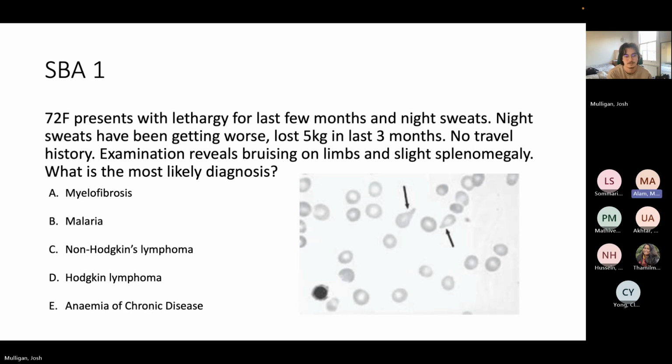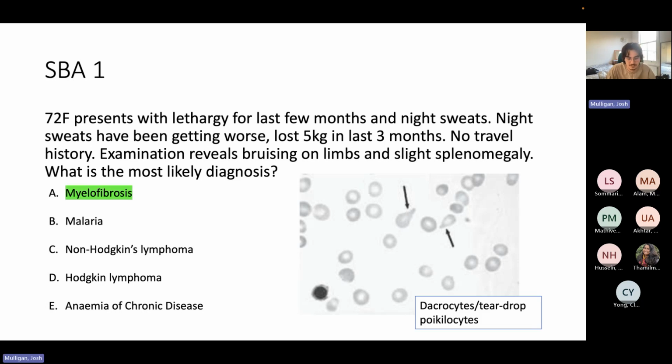Is it A because there's tear cell polyleukocytes? Yeah. So myelofibrosis, yes. That is indeed the right answer. So apparently they're called dacryocytes as well, but there's all these sort of weird names, poikilocytes. I'm not quite sure how you pronounce it, to be honest. But yeah,